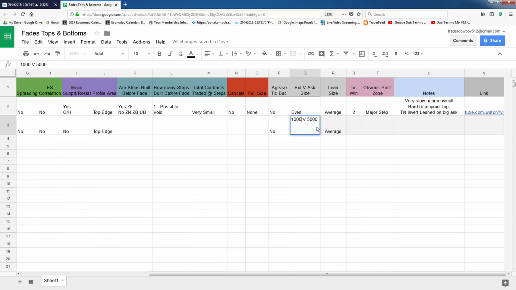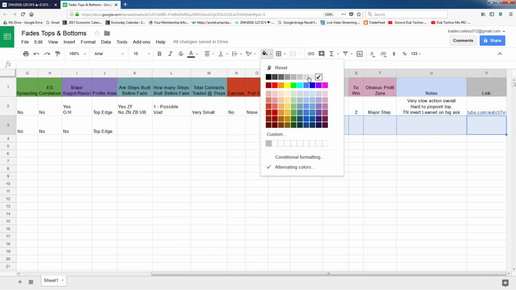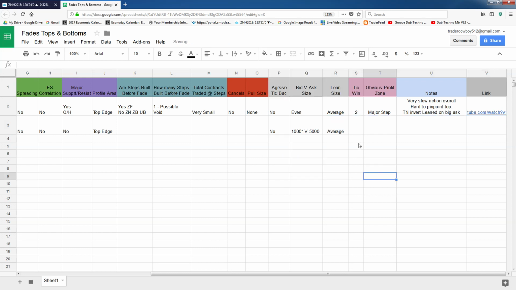So we're staying at a constant number on the ask, but I'm going to put this star for a rough number. So that tells me that's roughly. But what I'm noticing. Why are all these cells gray? That bothers me. They need to be white. There we go. So what I'm noticing here, though,